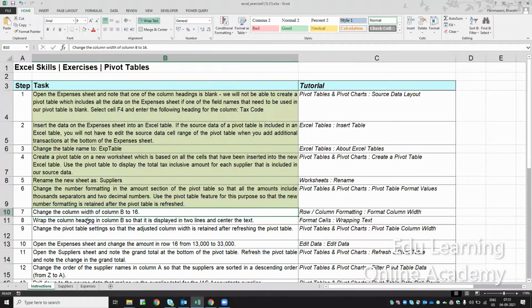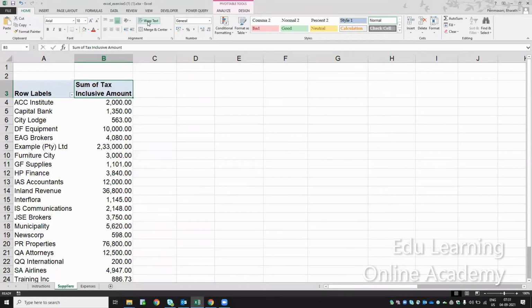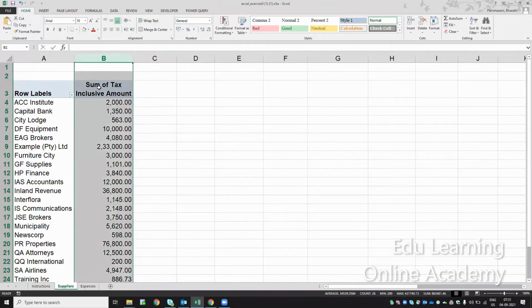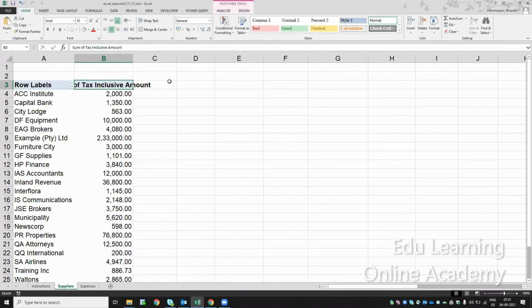So wrap the column heading in column B so that it is displayed in 2 lines in the center of the text. The heading of this column, they're asking to wrap the text, with center alignment. So the column width is 16 and they're asking to wrap the text. If I remove the wrap text, it will go to another line.